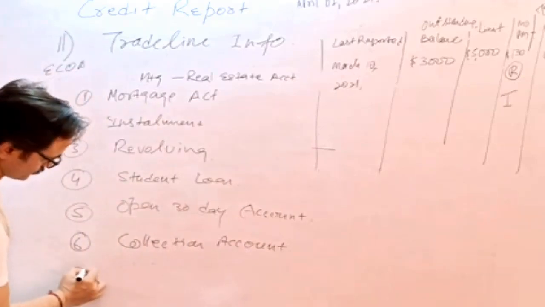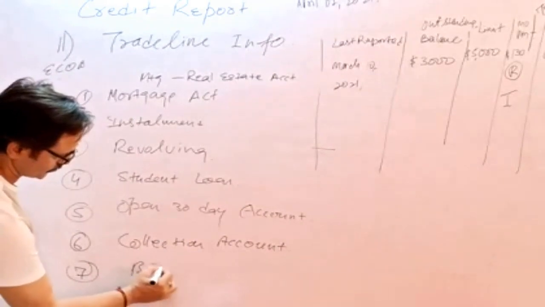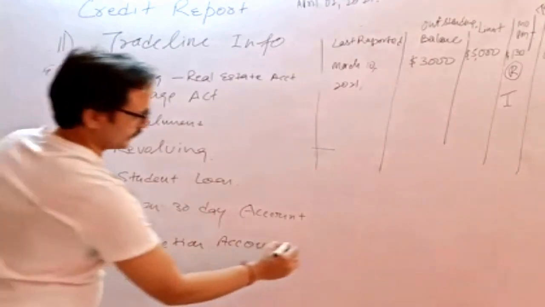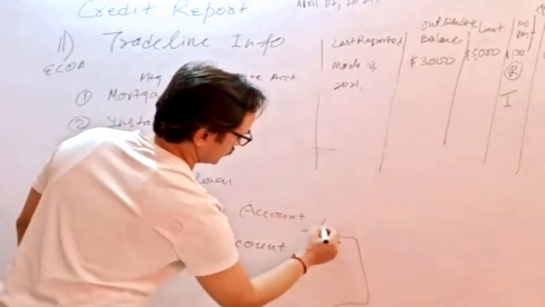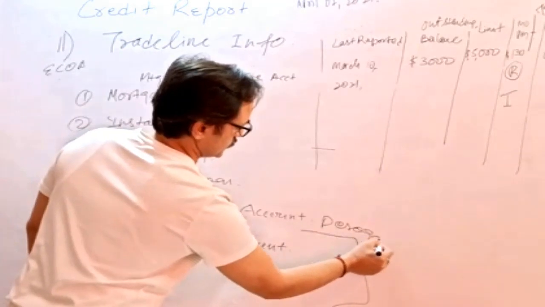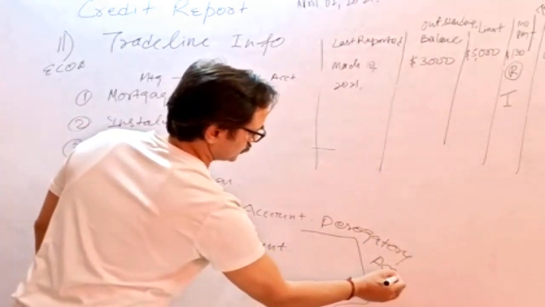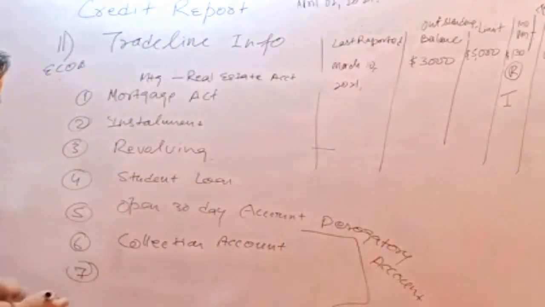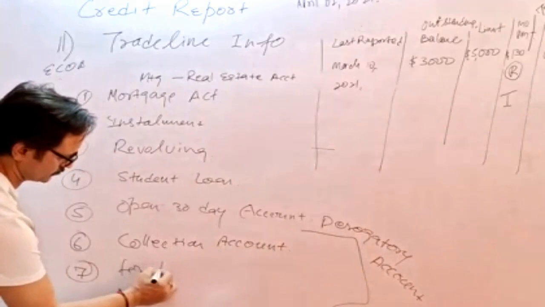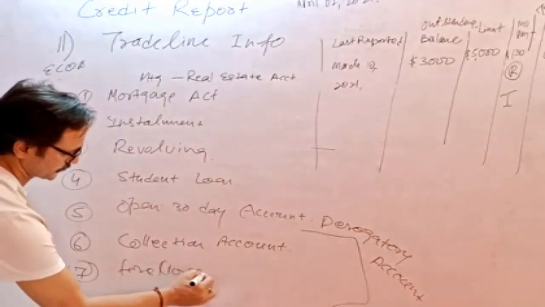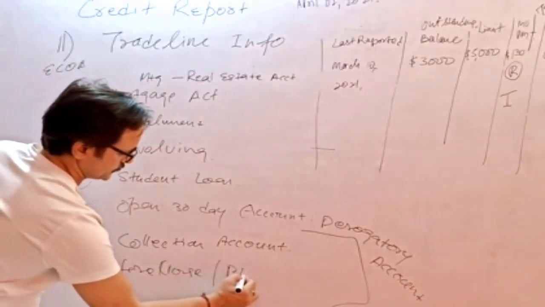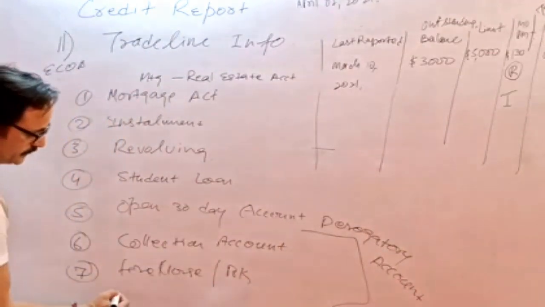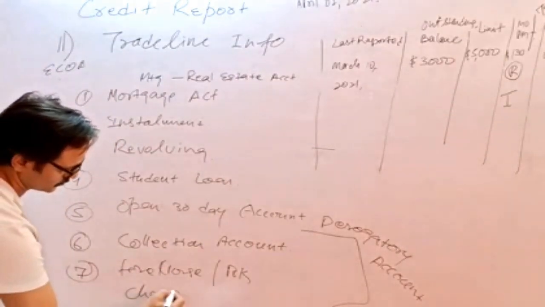And then there could be bankruptcy account, or let's say, we also used to say derogatory account collectively. Derogatory account. Now what are those derogatory? It's a type of account, derogatory. All the collections, right, foreclosures, or bankruptcy, any information, however these are public record, but still it comes under derogatory. And charge off account.